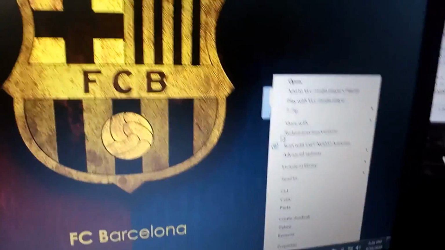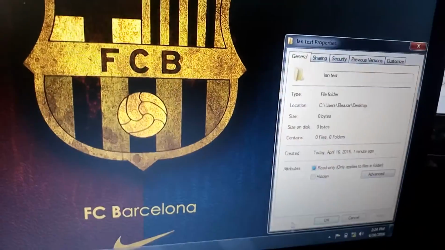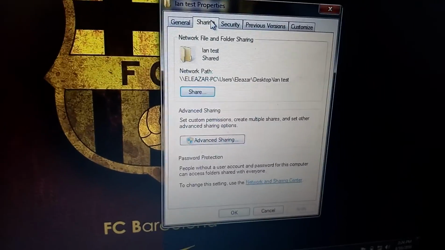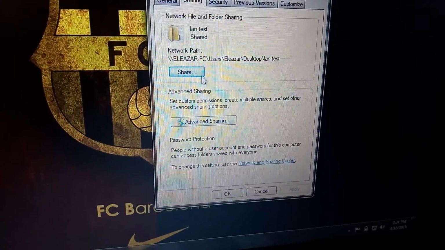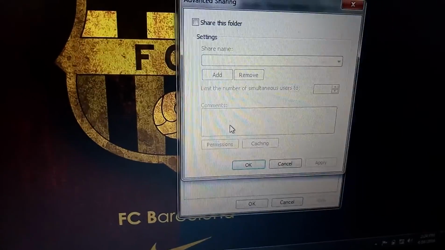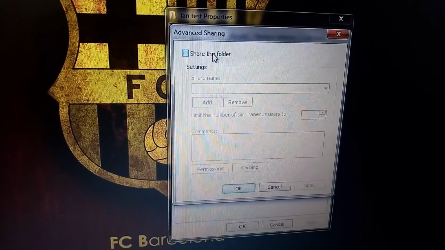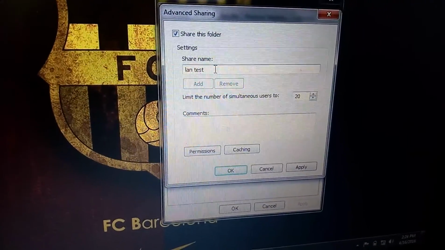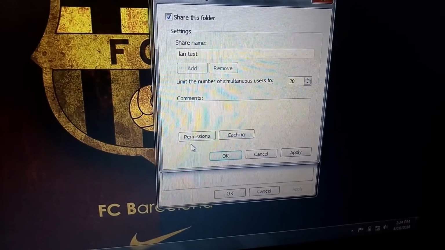Okay, right click and go to properties and go to sharing and click on advanced sharing. Share this folder, set the share name, LAN test, or whatever kind of name that you want to put. Go to permissions,